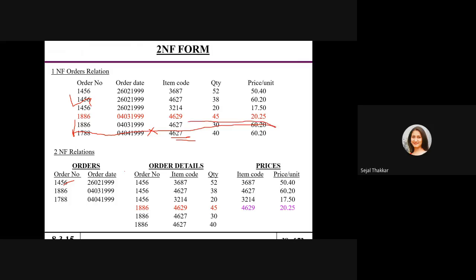So 1886 and 1788 are also going to be deleted. But the item code is also deleted, which we require, right? Suppose I don't want the Ariel powder, but they should still have other packets in their mall, and other customers will purchase that packet. So they have to maintain the item code. From that code, they can find the price and calculate the bill for other customers.